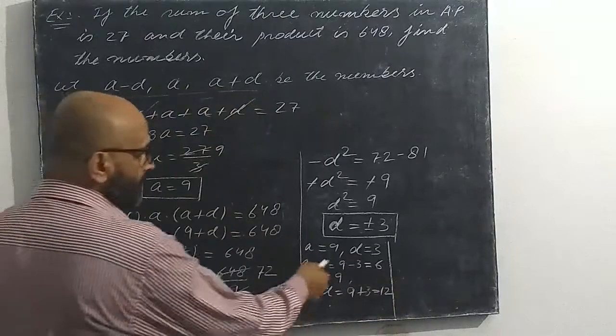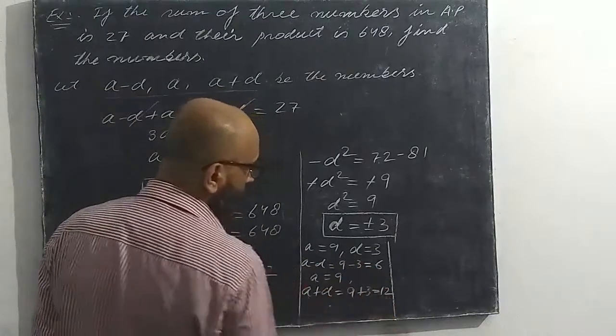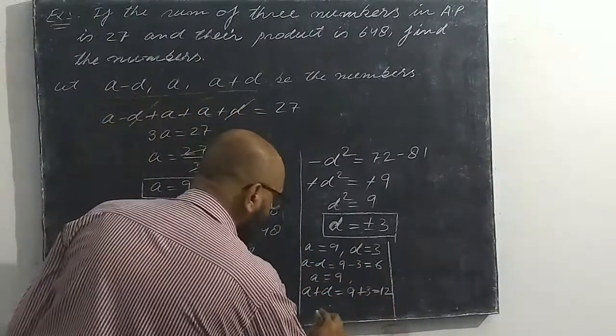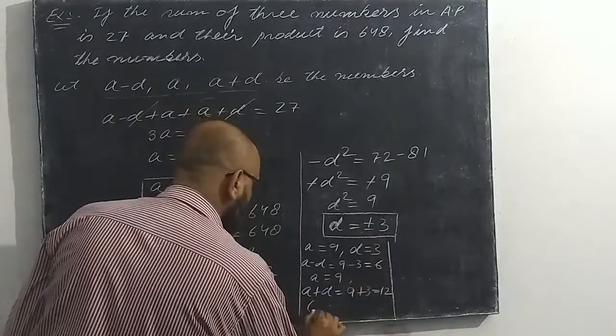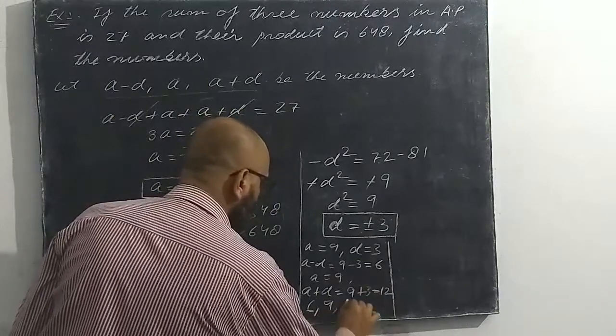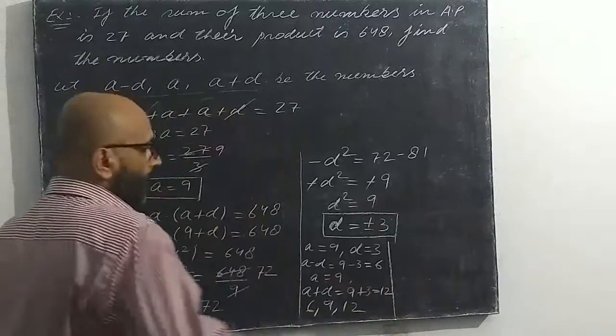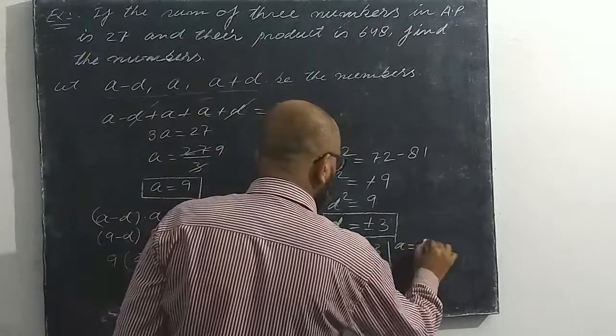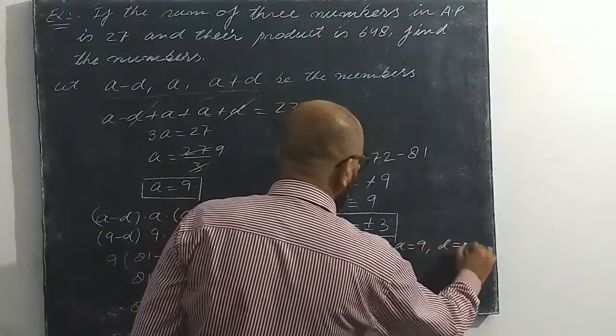So a minus d is equal to 6, a is equal to 9, and a plus d is equal to 12. So the required numbers are 6, 9, 12, or